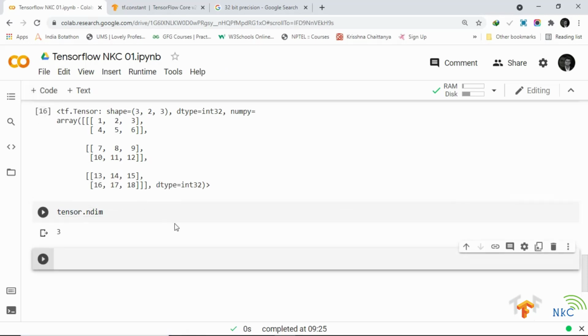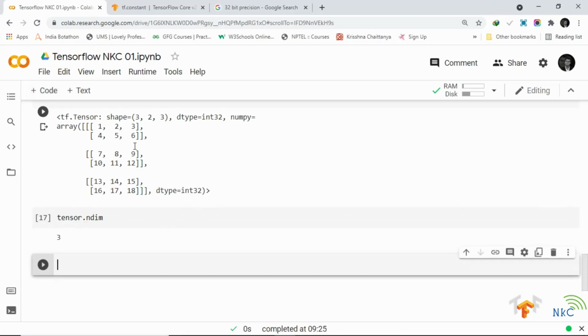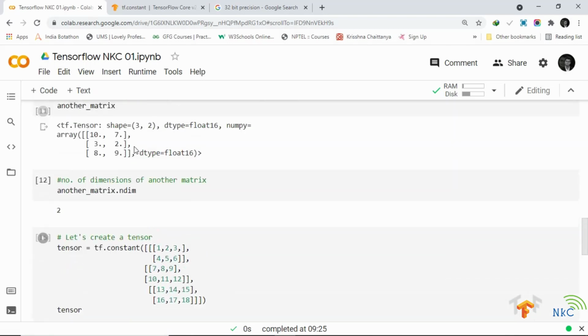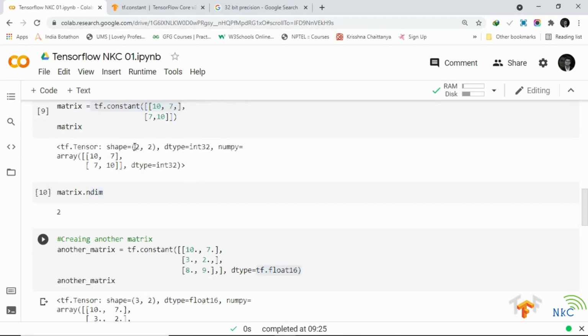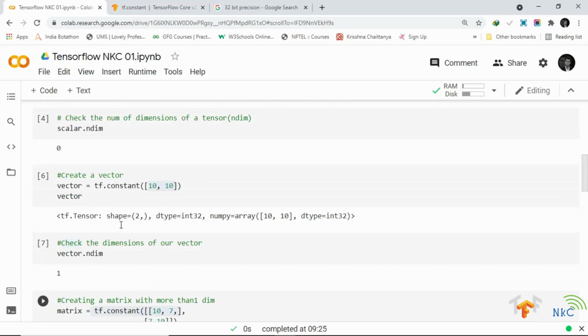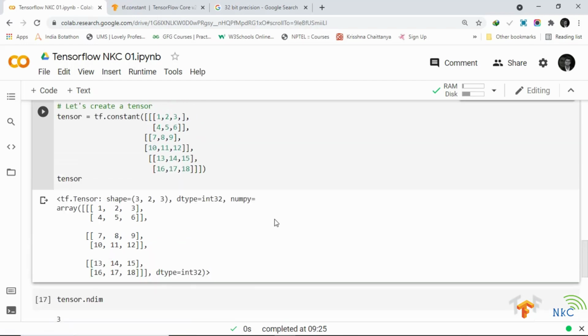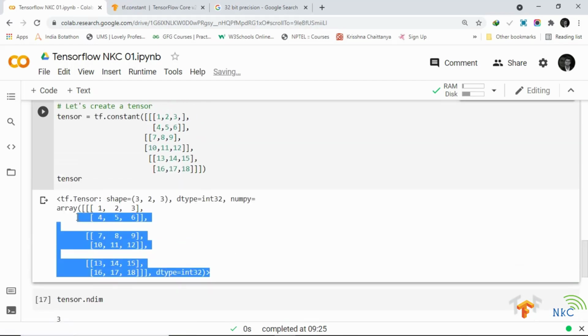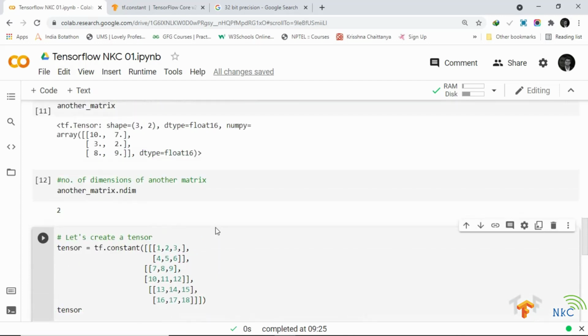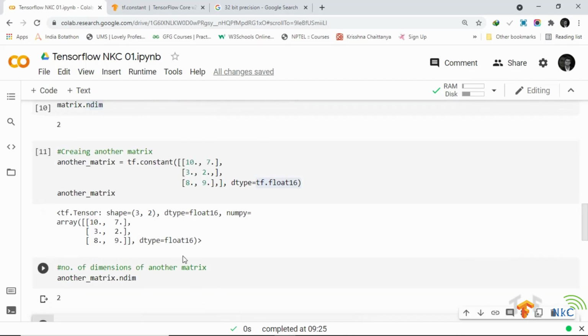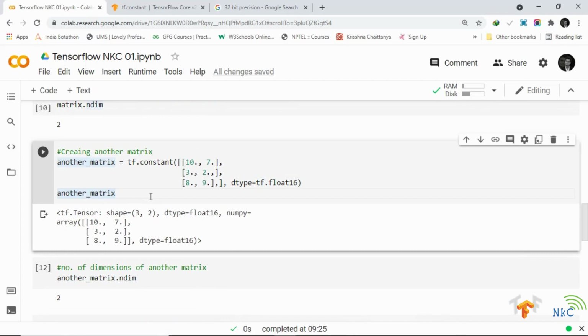Now the most important thing to note is that although we have given these different names, tensor, matrix, vector, scalar, throughout the entire course we are basically going to continually refer to all of these as tensors, no matter if they are a 3-dimensional tensor or a 2-dimensional tensor, which is a matrix.